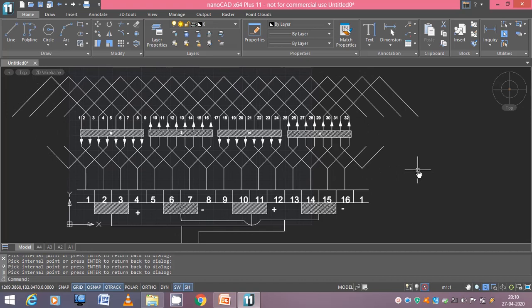Again I am telling you, the difference is that the value of commutator pitch for duplex lap winding is 2. Therefore the difference between YB and YF you are going to get is 4. Coming to the winding table, you will have two winding tables. The first should start from the first conductor and the other should start from the third conductor. Coming to the winding diagram, everything is the same, but you will get two commutator segments under each pole to place the brushes. And again coming to the number of brushes, it will be the same, 4.